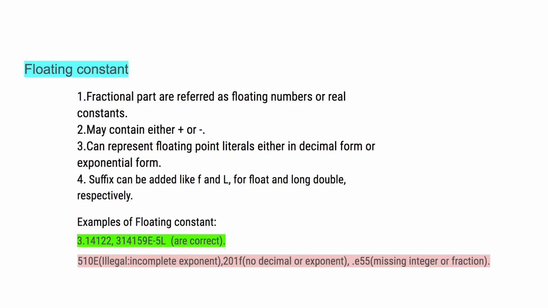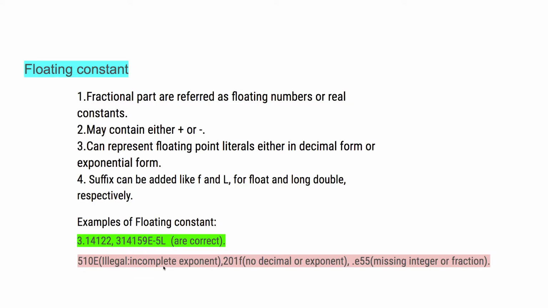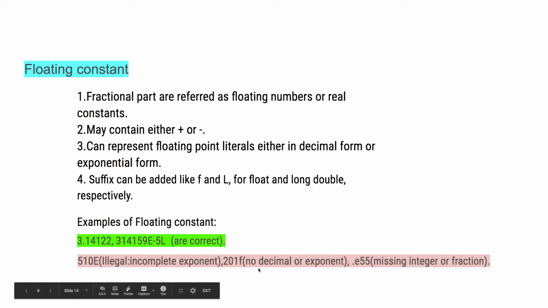Let's take some other examples which are invalid. 510E is illegal because the exponential part is incomplete. 210f is wrong because it is neither decimal nor exponential. .e55 is wrong because its integer or fraction is missing.